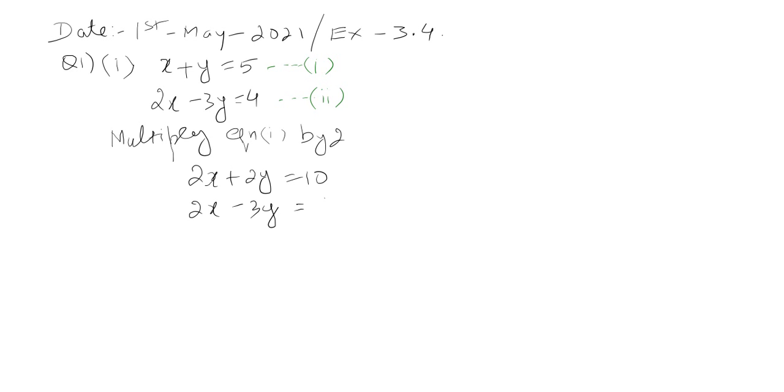Now the next step is that once you have made the coefficient of any of the variables equal, like we have made it here for x, you have to see the sign in front of that. If the sign is the same, both are plus or both are minus, in that case you have to subtract. Okay, you have to subtract here. But if you see they are already opposite, in that case you will add. I'll show both the cases. Now here what we are doing,